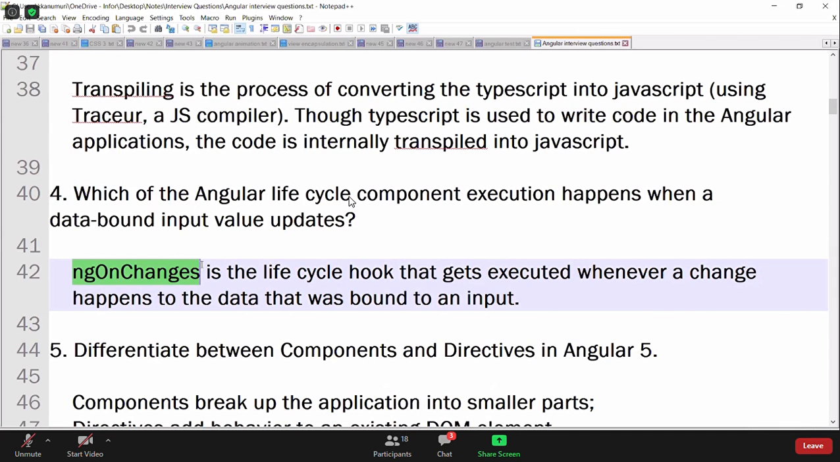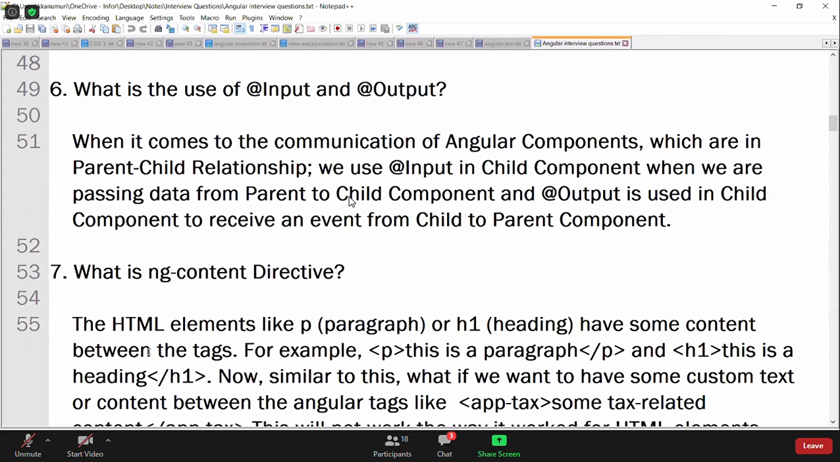Now observe directives. What is the purpose of the directive, sir? It will add behavior to an existing DOM element. I am going to give you a Bootstrap live session, so you can get that. So right now, what is the purpose of directives? Directives add behavior to an existing DOM element. Components are nothing but we are going